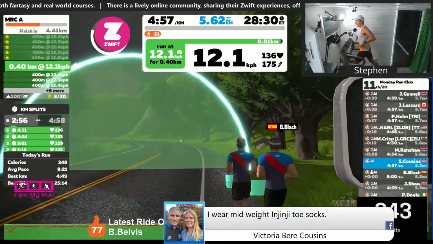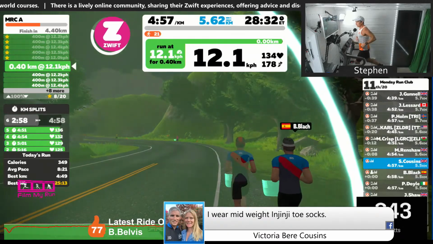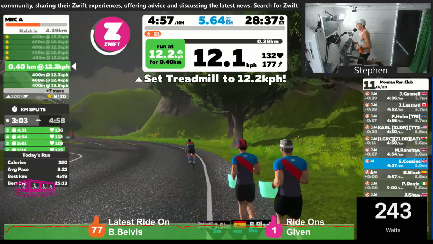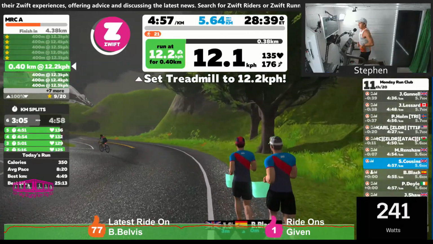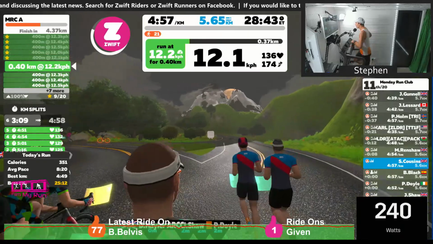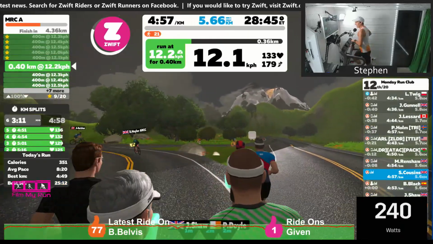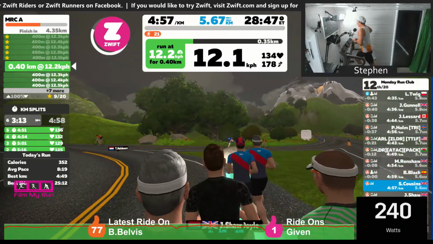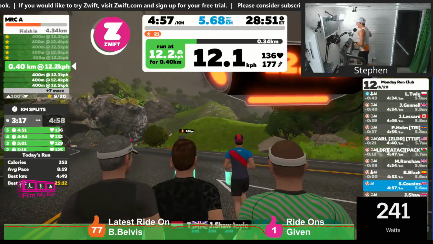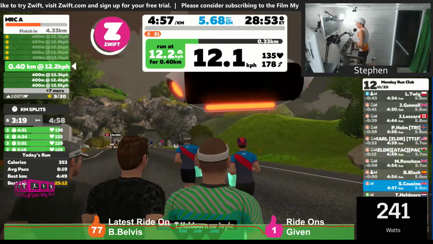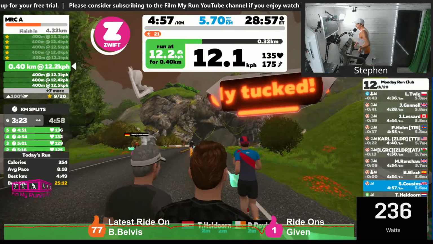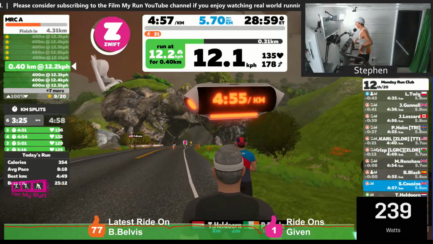Okay, Carl sized up his shoes 6 years ago and he runs in Esperion Thorlos. Nice. Yeah, Stephen, Injinjis. I use Injinjis. Anyone else got any socks that they use regularly that are good at preventing blisters or just comfortable? Anything made of merino wool is a good choice, Stephen. Merino wool.